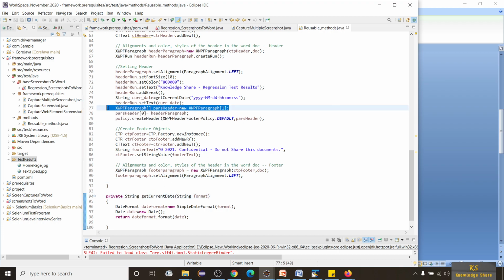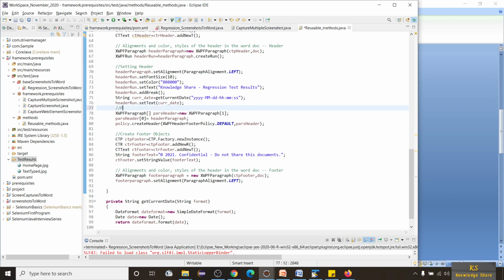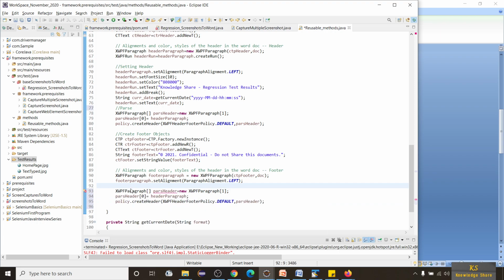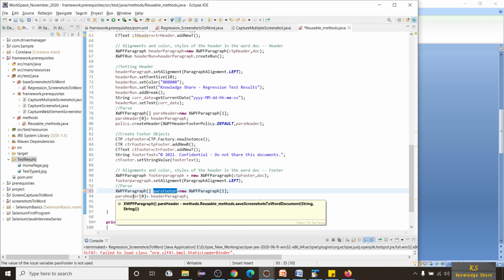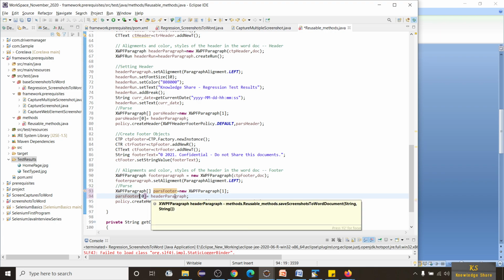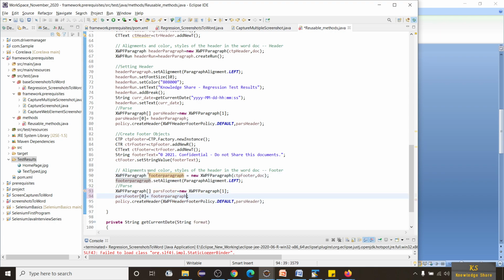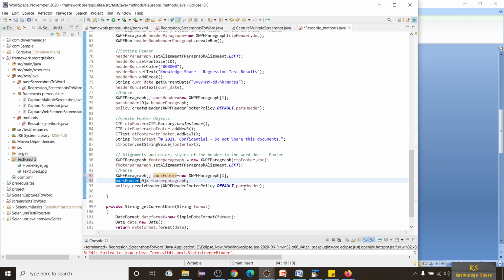Okay, and next I'm going to take the same things here which we have taken. So parsing, this section is for parse. Let me take these three lines here and reuse those to save time. I'll call it parse, and here I'll put parse footer. It's a new variable. Pass this parse footer to here, and call this footer paragraph, which we have already taken above, and then pass this parse footer to this variable. And a policy, we are creating a policy here to pass.